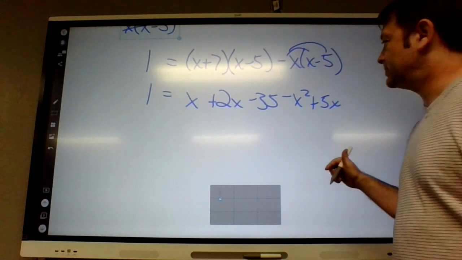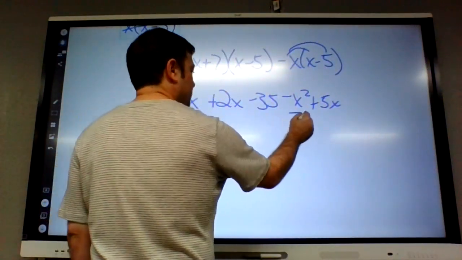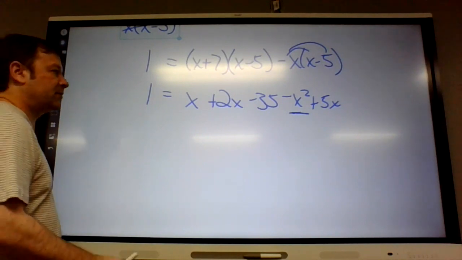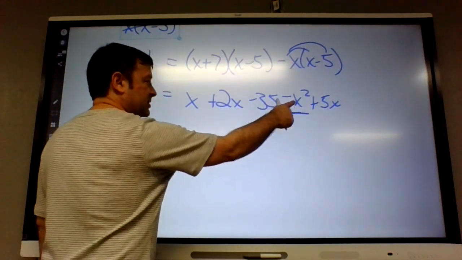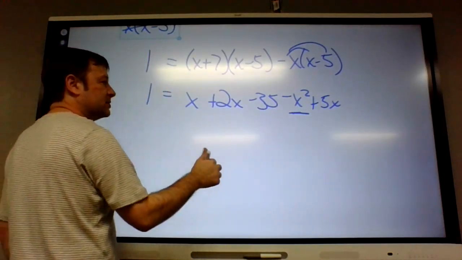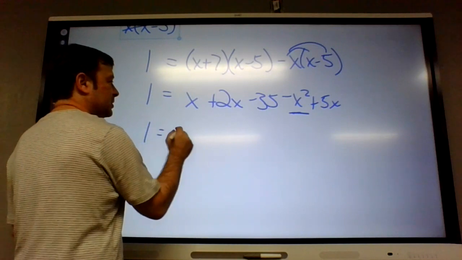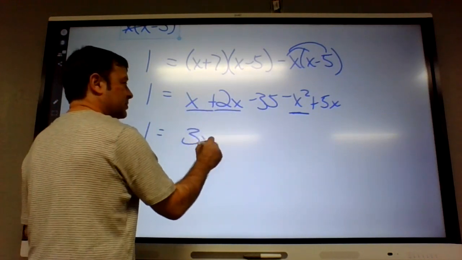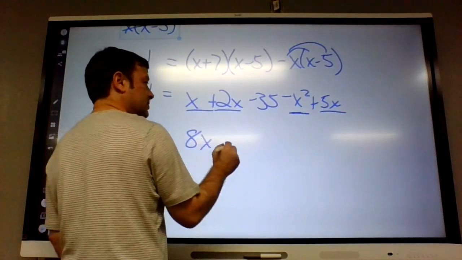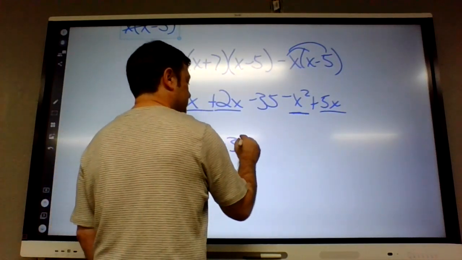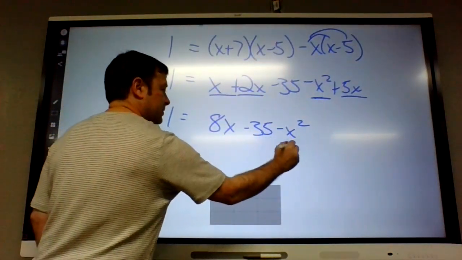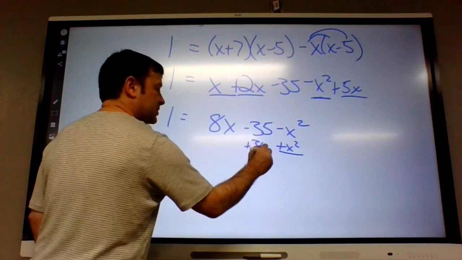Okay, well, this is an x squared problem. So it's a quadratic equation. So I'm going to move everything, since x squared is negative on the right, I'm going to move everything to the left so that it'll be positive. Let me clean this up a little bit. X plus 2x is 3x. So plus 5x is 8x. Okay, I'm going to move everything to the right because x squared will be